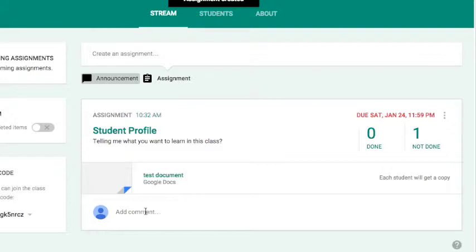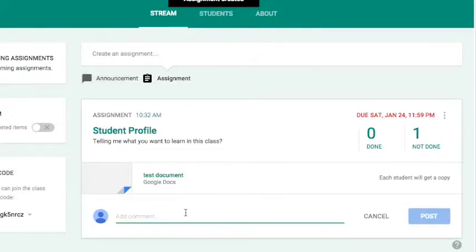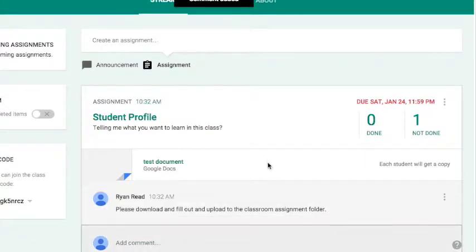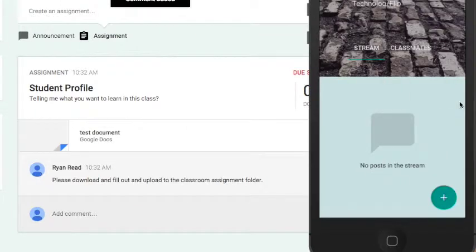I can add a comment to this if I want to. So I can say, please download and fill out and upload to the classroom assignment folder. And then I post it. And there we go. So if I go back to the student view right here,